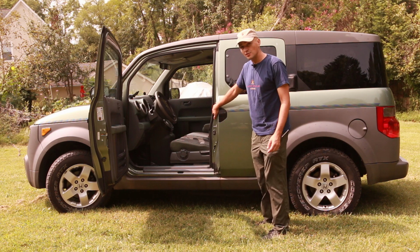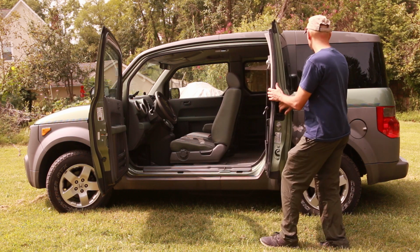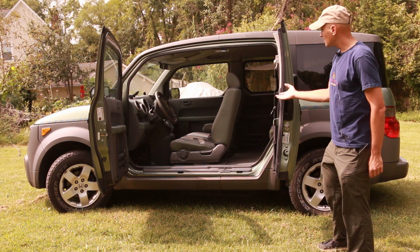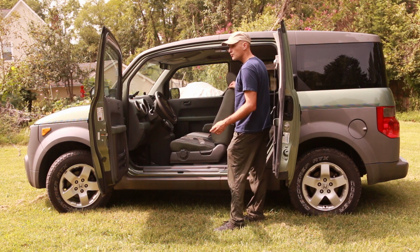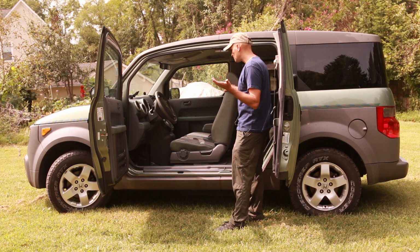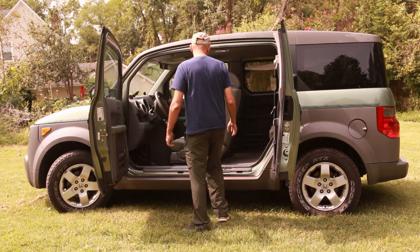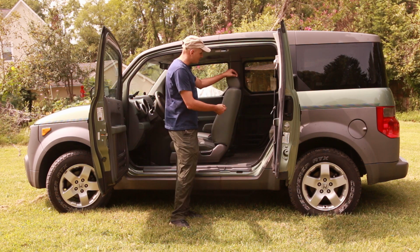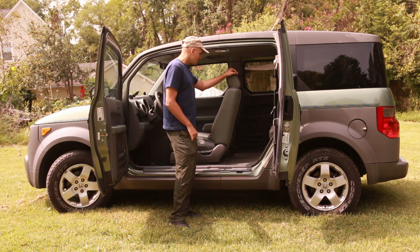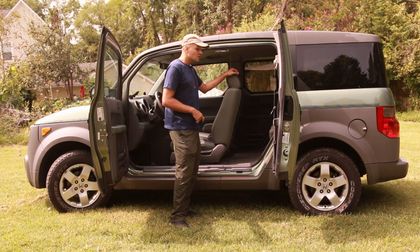This is a feature that the Honda Element's known for. It's called a suicide door. And it opens, you can see how big this thing is. There's 4 seats only, there's no 5th, so if you have a large family, it's not going to work for you. And the inside is made out of rubber. So a lot of people think you can hose the car down with a hose, but you really shouldn't. It's not meant to be drained, kind of like what a Jeep is. You can wash it, but what I like about it is that